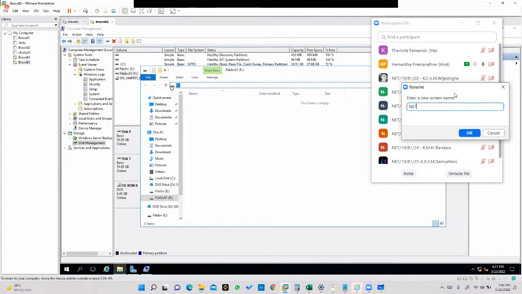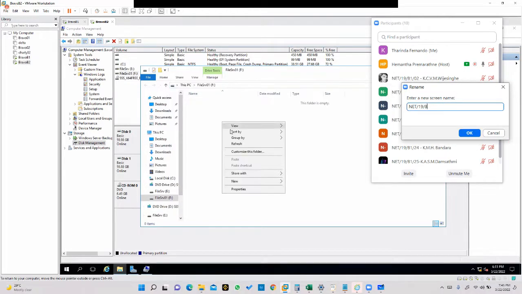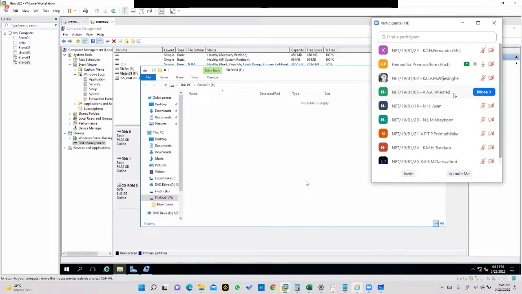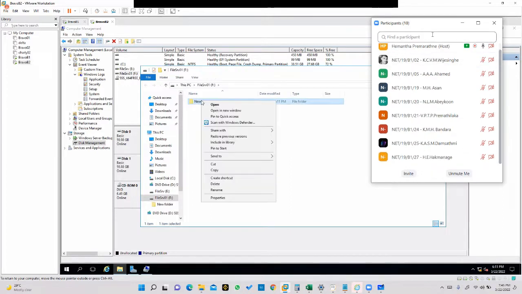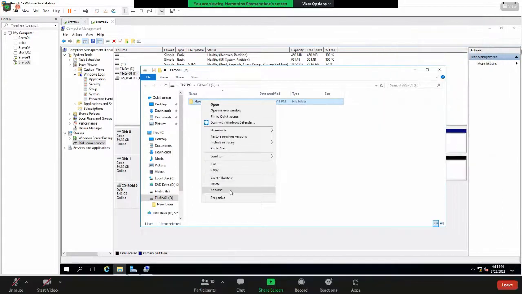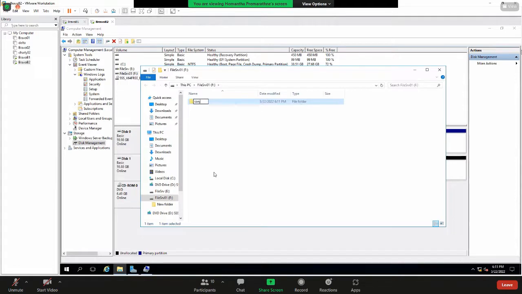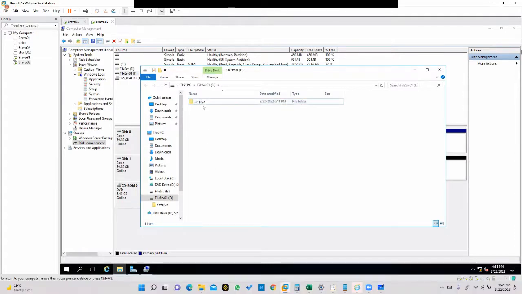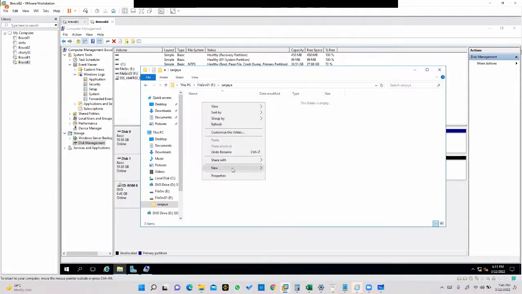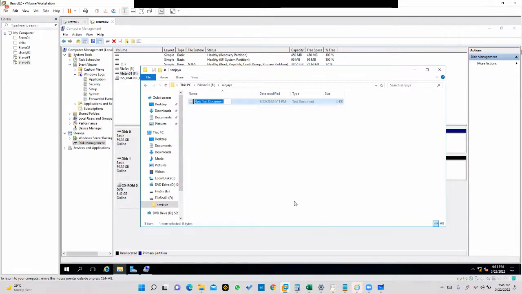It is the F drive. You can create new folders or any other stuff in here. You can copy your data as well. So I just create a folder and just create